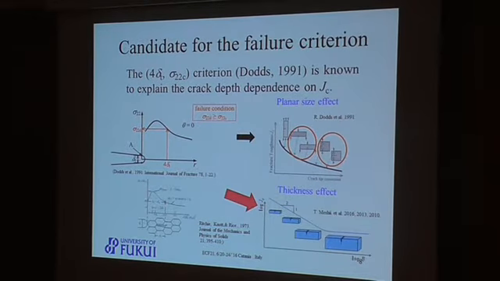For the failure criterion, we considered one of the modified Ritchie-Rice failure criteria, that is, the 4 times CTOD sigma 2 to C criterion, which predicts the onset of cleavage fracture when the crack opening stress sigma 2 to D, measured at the distance from the crack tip equal to 4 times CTOD, a crack tip opening displacement delta T, exceeds a critical value sigma 2 to C. This criterion was validated as explaining the crack tip dependence of JC by Dodds et al. and the test specimen thickness effect of JC by us